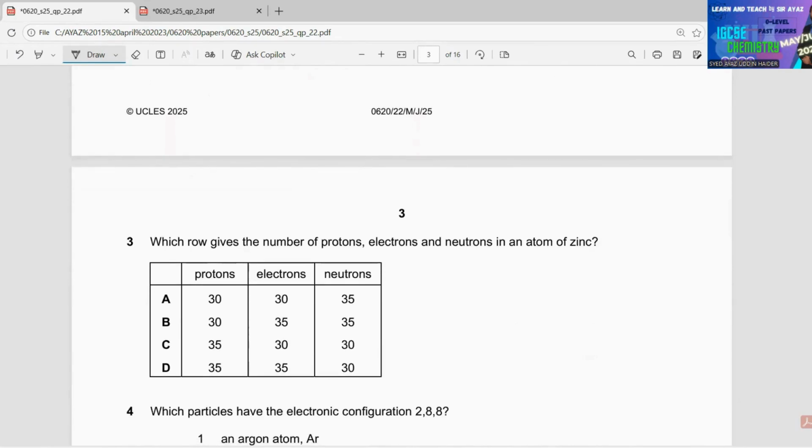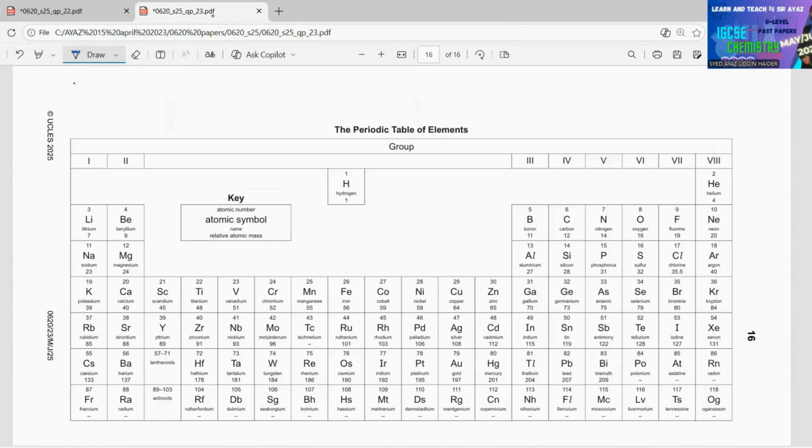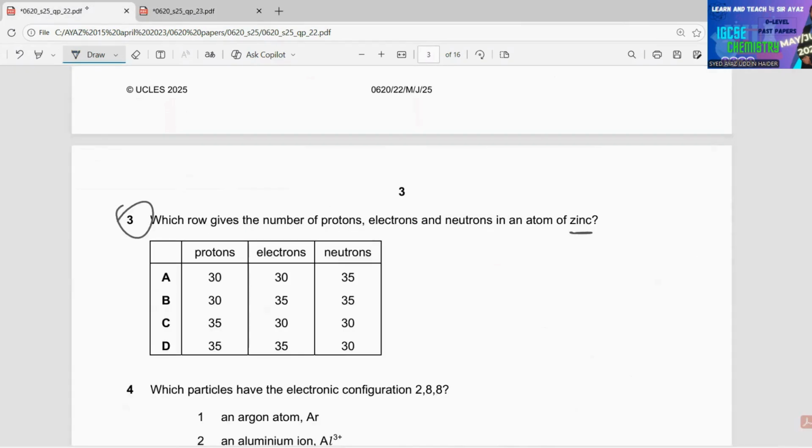Number 3. Which row gives the number of protons, electrons, and neutrons in an atom of zinc? Where's zinc? So here's zinc. Proton number is 30, neutron number is 65. So I'm writing it down here. We have 30 and 65. For the protons and electrons, it must be 30. So either